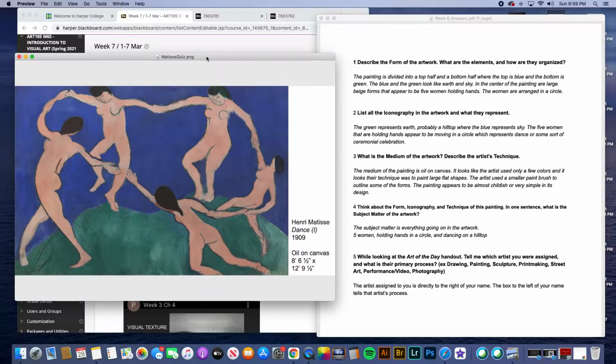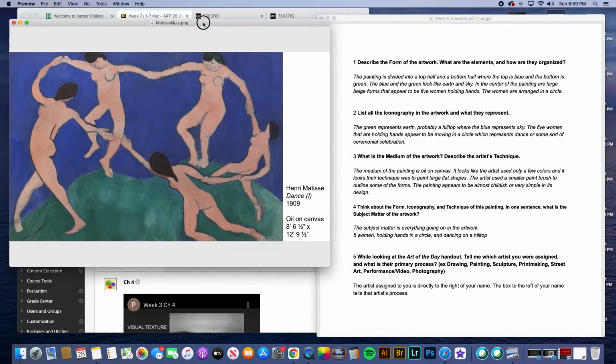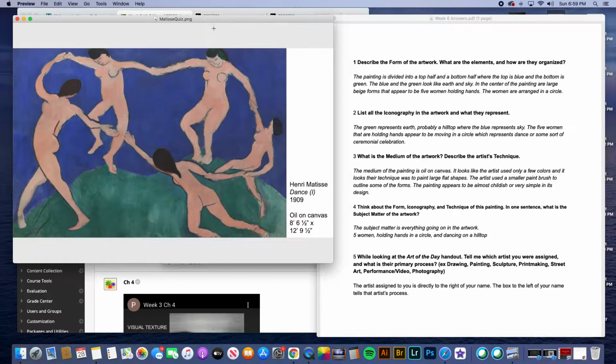So, starting off, last week we had a quiz, and the first question was: describe the form of the artwork. This is the artwork. What are the elements and how are they organized? The answer that I wrote, and if you have something similar to this, you will have gotten full credit for the quiz, is,